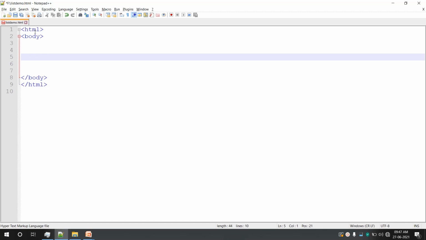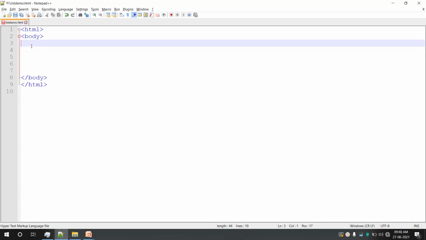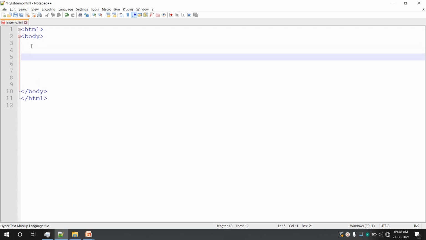You can see this is an HTML document, but all our examples in the book are XHTML, but there is no difference in the output. So I'll use HTML itself to display the table. If you want to convert this into XHTML, you can add the XML declaration, document type definition, and then you can add the XMLNS attribute here. But it is okay if we use HTML for it.